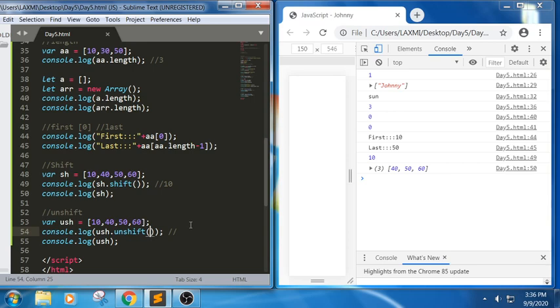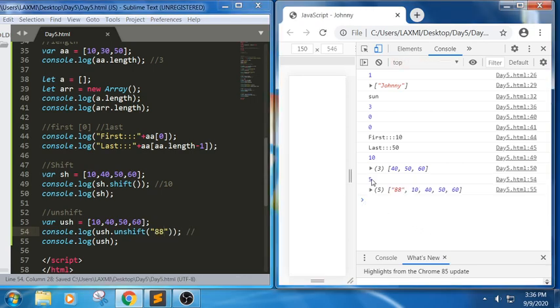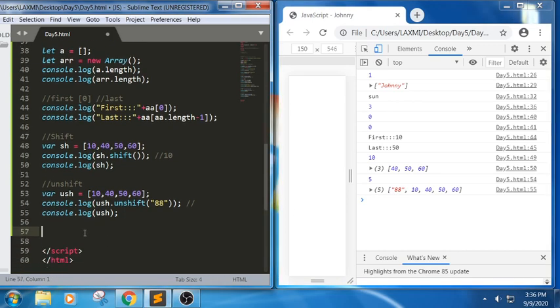Did we add some item here? Did we add any element here? No. For example, I am trying to add 88. Can you see here? 54. It is returning the length of this array after the change. Now what is the element we have inserted? We have inserted 88, which is in the form of a string. So arrays can hold different types of data. In the sense, it might be a number, it might be a string, it might be a boolean value, anything can be stored in a particular array. So unshift will add the item at the beginning of an array.